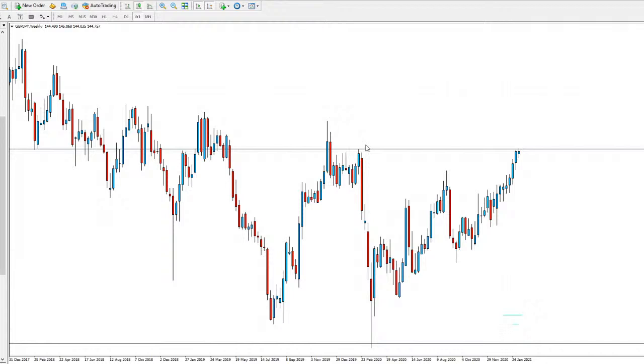So it just depends whether price wants to hold at that level or not. We could easily see price break through it, since we are in a bullish market here, but price does have the potential to reverse at this area, just because again, a very strong area of resistance in the market here. As you can see, we tested it previously here and the market shot to the downside.